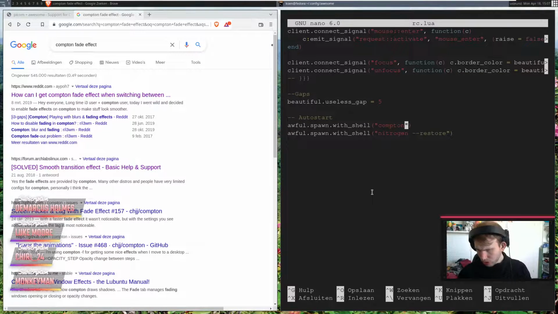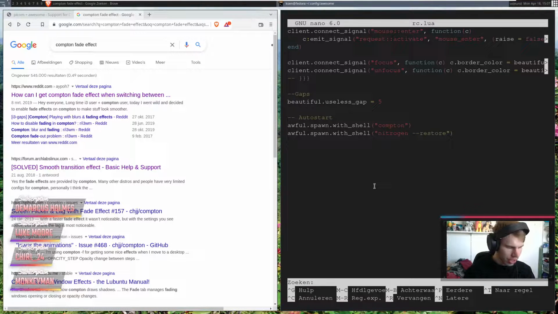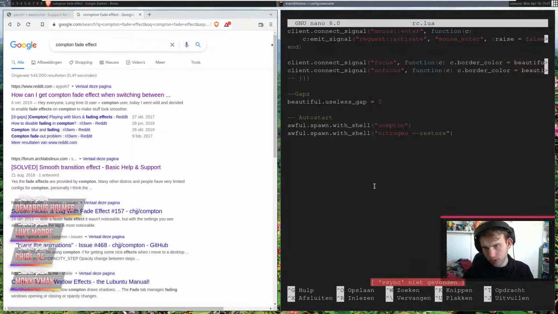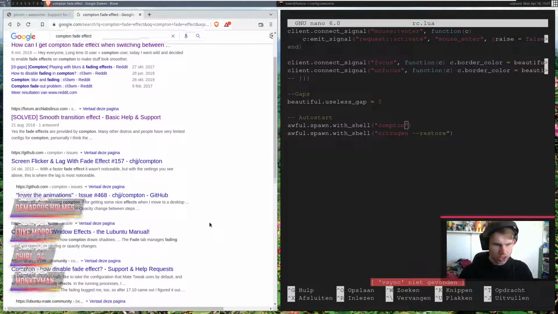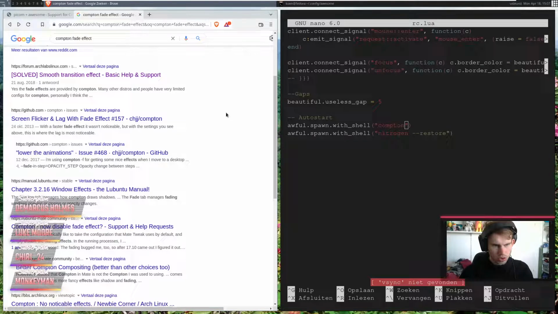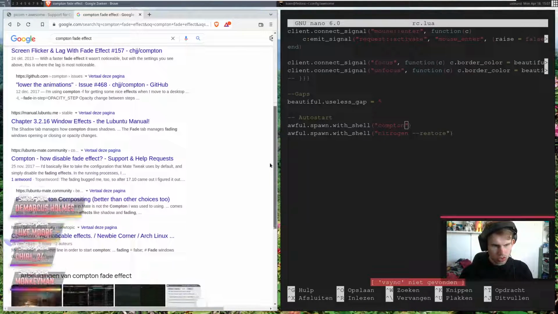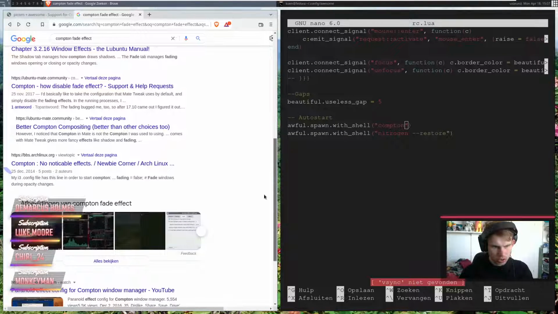Does it have something to do with the vsync in here? Hang on. It couldn't find vsync. Okay. Lower the animation. Disable better compositing.